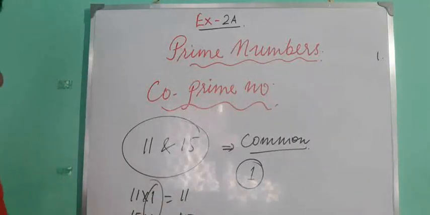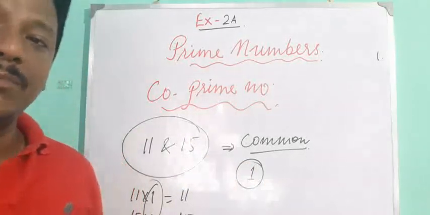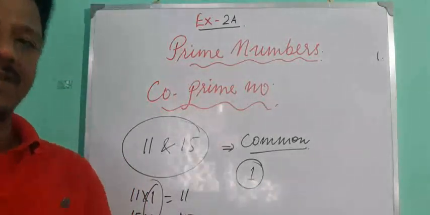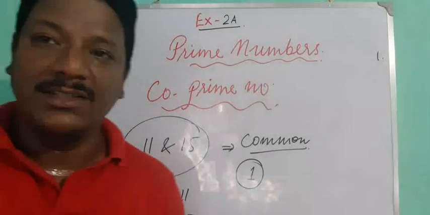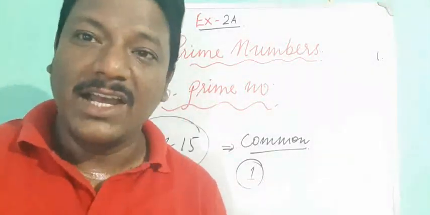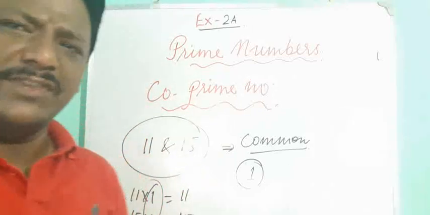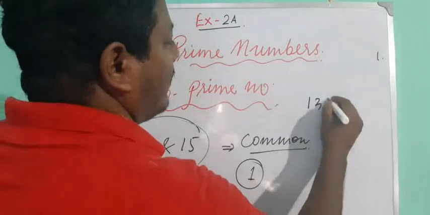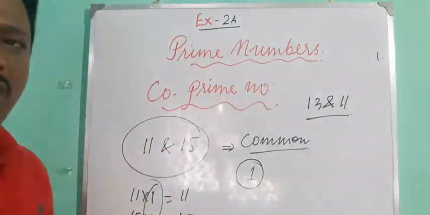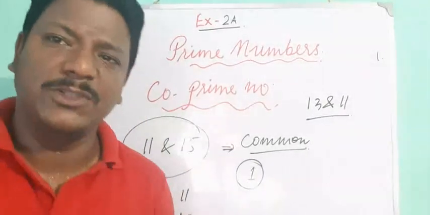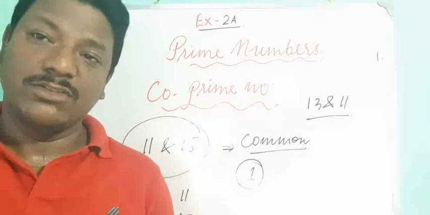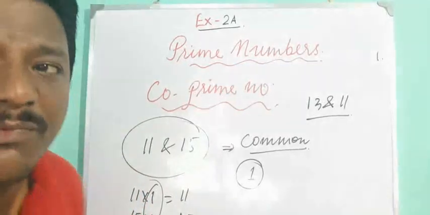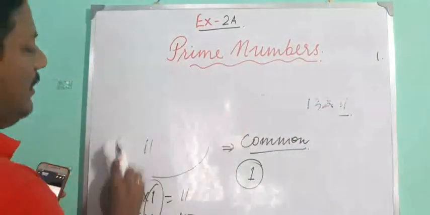So co-prime numbers are the numbers, or the pair of numbers, which have no common factors other than 1. Alright, so it's very simple. Suppose I write 13 and 11. Is there any common factor between them? No, there is no common factor. So these pairs of numbers are called co-prime numbers. So let us see question number